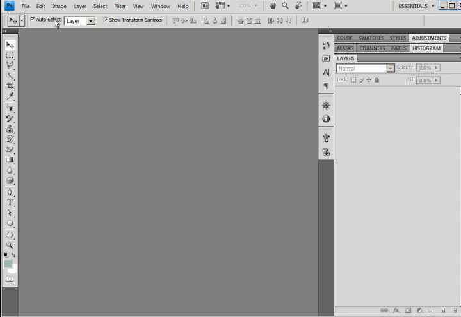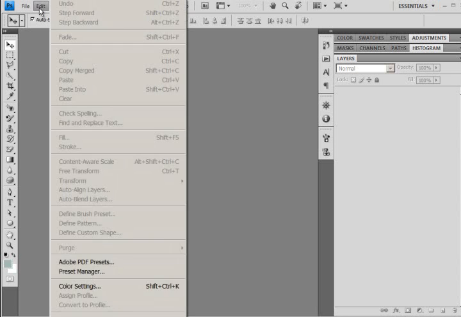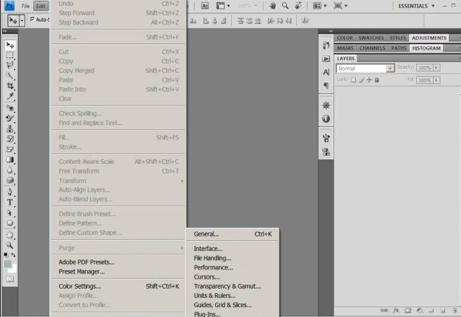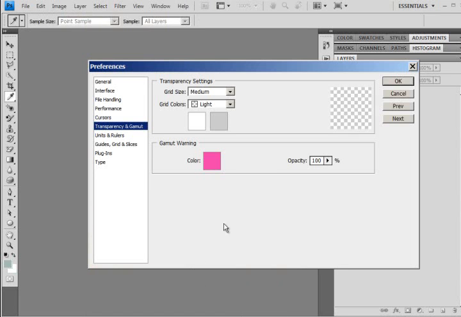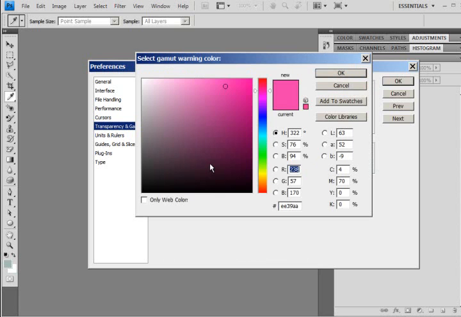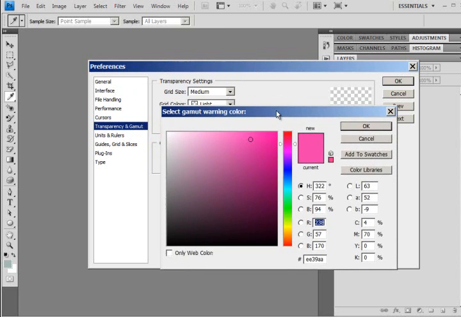Another thing that you need to set to check the gamut is your gamut warning color. So I'm going to click on Edit, and then, it's kind of off your screen, but I'm in Preferences and then Transparency and Gamut. In here you're going to see this is pink right now. It was, I think, initially gray, but you can pick any color here